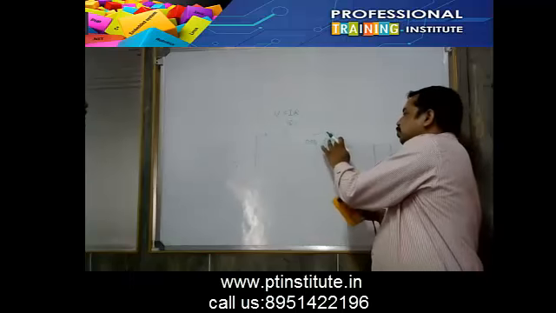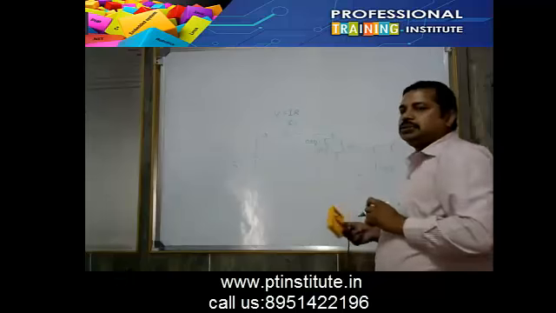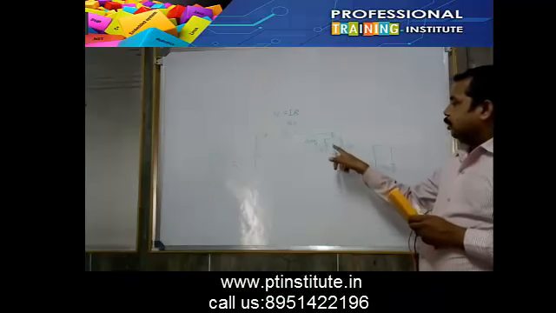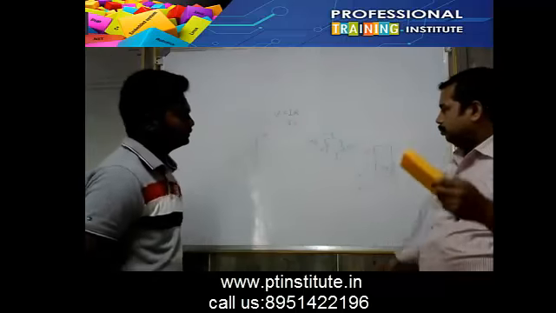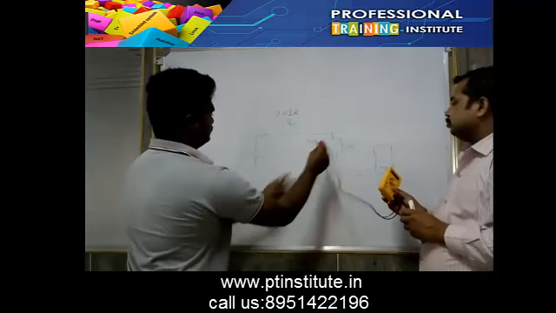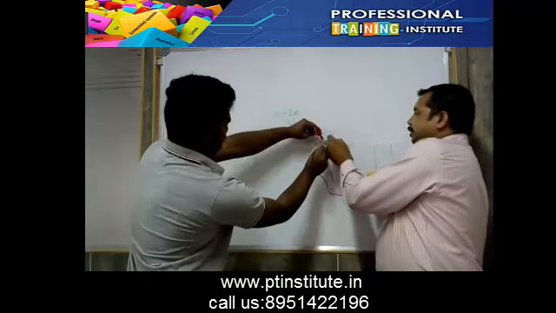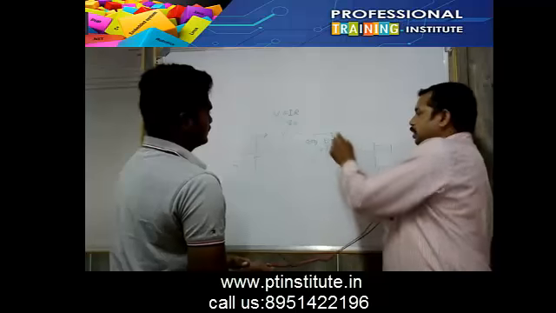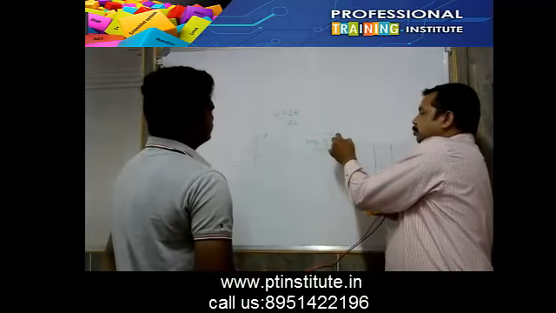Somebody doesn't know how to measure voltage, somebody doesn't know how to measure current. There is nothing to smile about. How to measure this current? If you connect here, it is equivalent to connecting like this. Again, whatever current comes will divide into three parts: one part, two parts, three parts.